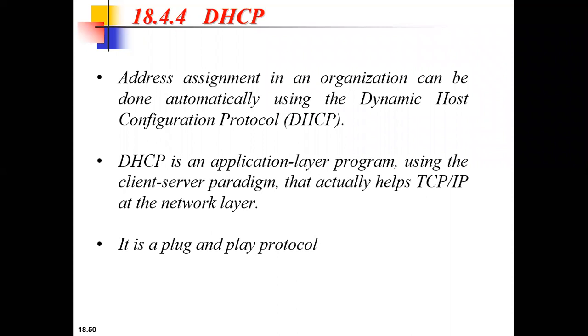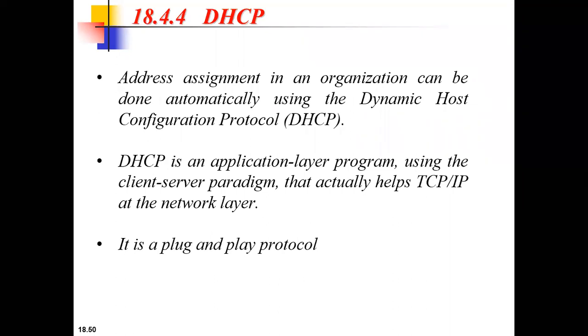slide that a large organization or ISP, correct? An ISP is nothing but a large organization. What does it do? It receives a block of addresses from ICANN. Correct. The ISP receives a large block of addresses from ICANN. This in turn divides it and sends a smaller block of addresses to a smaller organization. Correct.